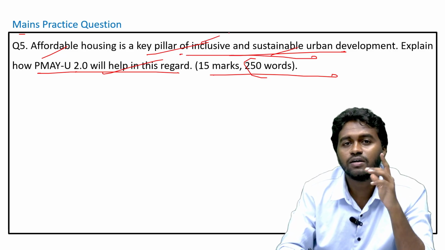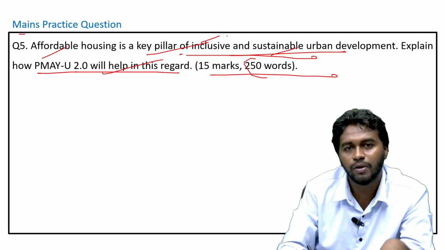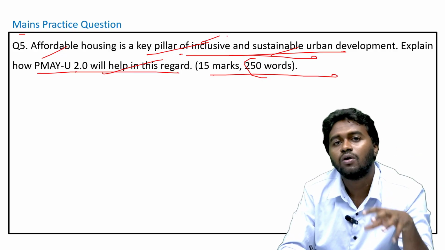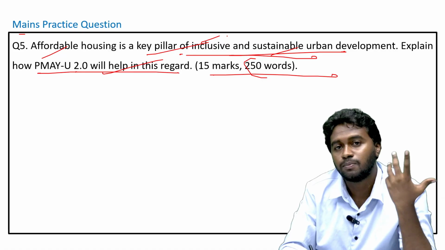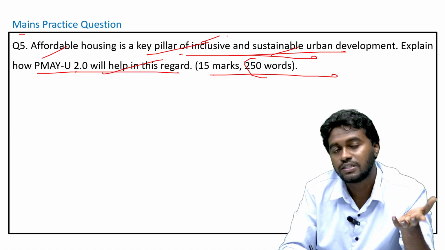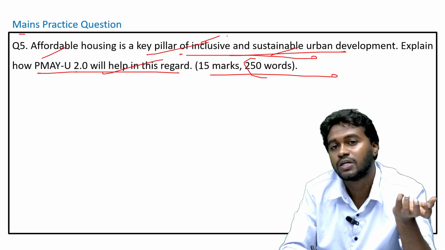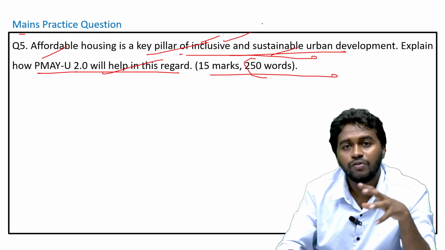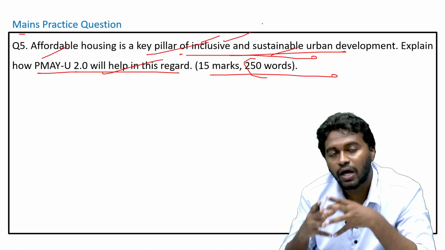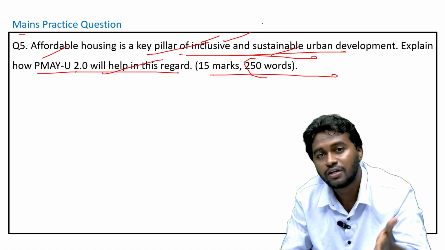For example, you can see that a home is a basic need of every person, right? Therefore, if we have a home, then it is a place for learning. It's a place of identity. So using that identity, you can access various schemes, so you can access benefits from the government. At the same time, if we have proper housing with proper planning and all, then it will be helpful for managing the waste.